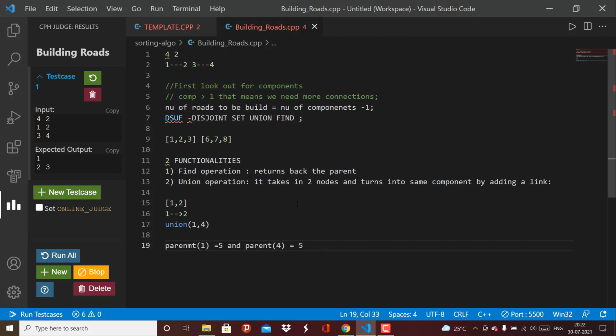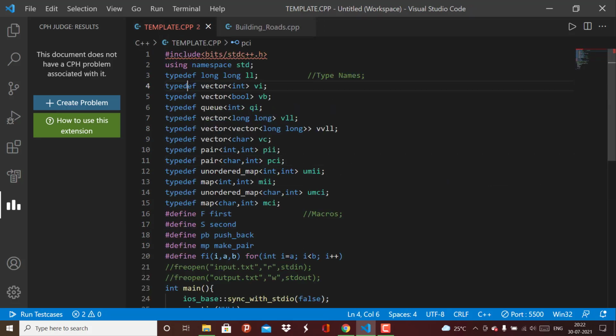Okay, so let's try to implement it with the help of code. That will make things clearer. Okay, I'll just copy my template here.